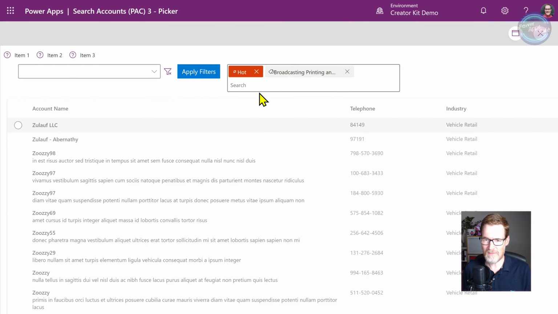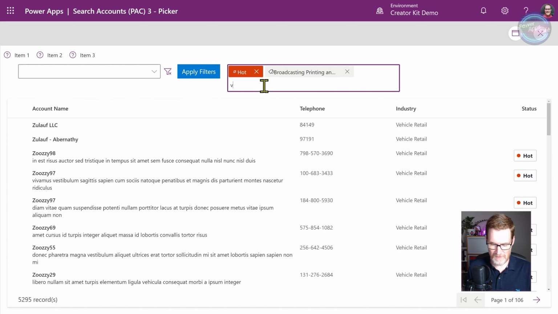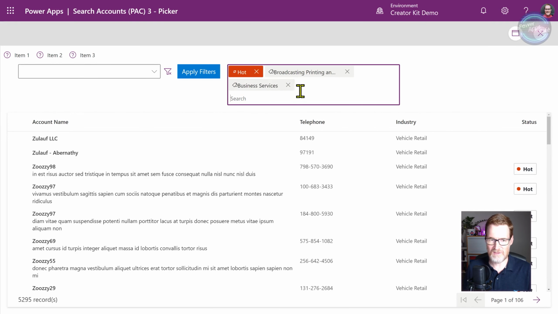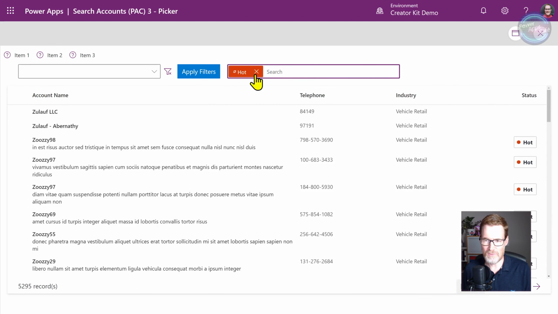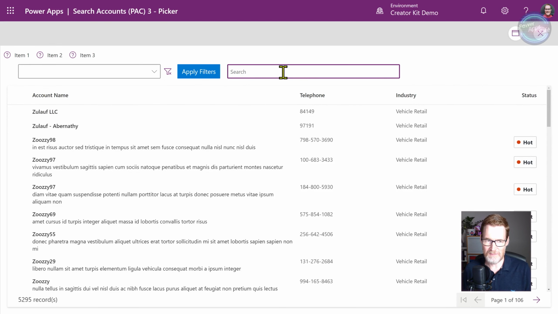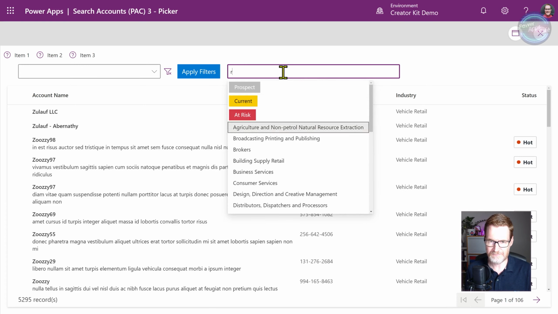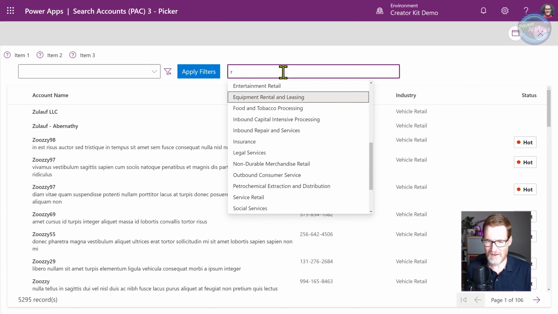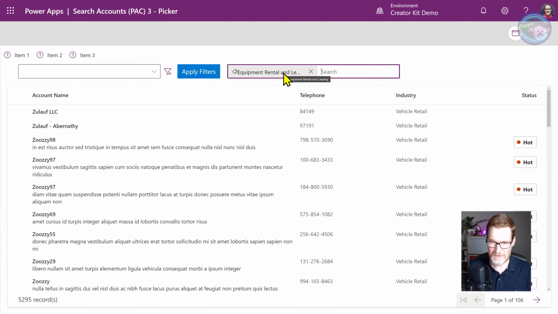So if I now run that and put in an additional one here, you can see it's pushing it down. And as I remove them, then it shrinks back down. And the other great thing about this is that it's all fully accessible. So I can press delete to remove them. And also, if I type R, I can just use the arrow keys up and down to scroll up and down, and then I can select items with return. And then if I use Shift Tab, I can go back and forward.